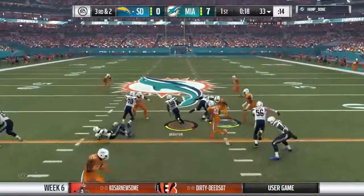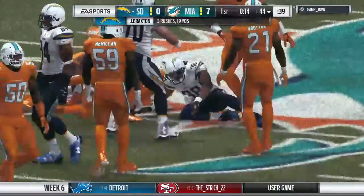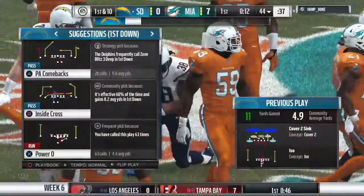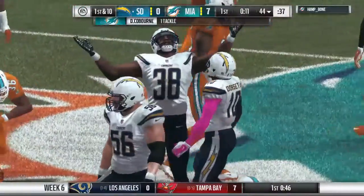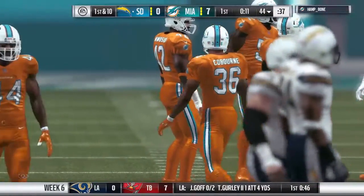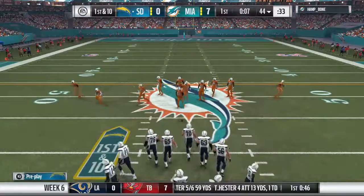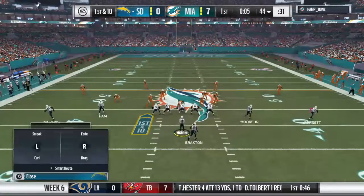They'll give it to him right up the gut. And he's going to have a 1st down as he's brought down at the 44-yard line. Give him 11 yards that time and a new set of downs. Give them a lot of credit. They ended up running the ball on a key 3rd down situation. They were staring 3 and out in the face and found a way to flip the script and keep the